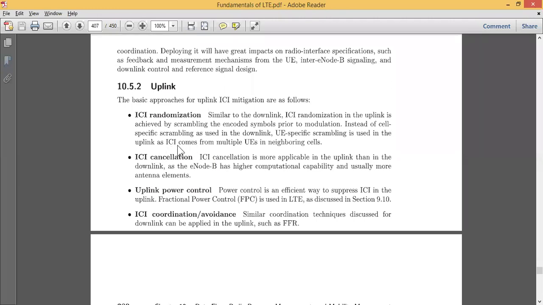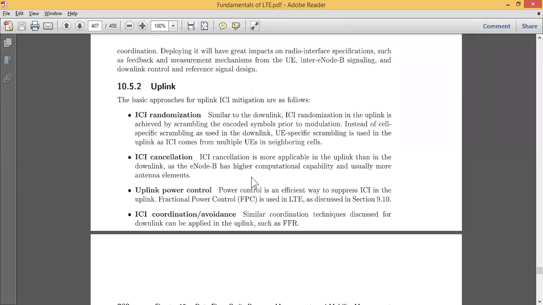Okay, as you can see, the ICI comes from multiple user equipments in the neighboring cells, because the neighboring cell may have more than one subscriber. So if they are coming into our neighboring cell, the subscribers become multiple. Now if multiple users are coming to that particular cell area, then you need to go for ICI randomization